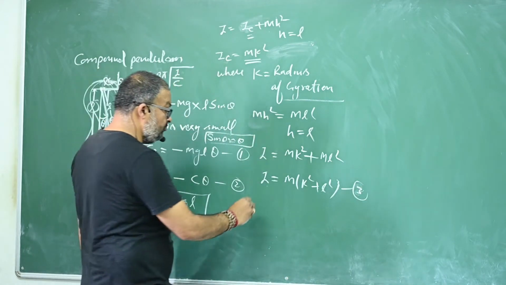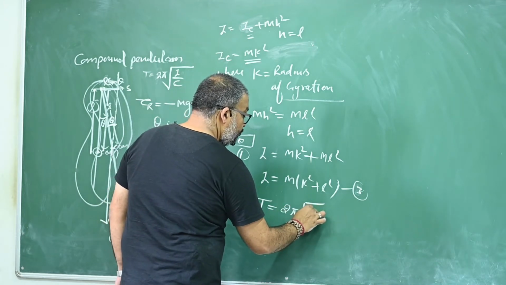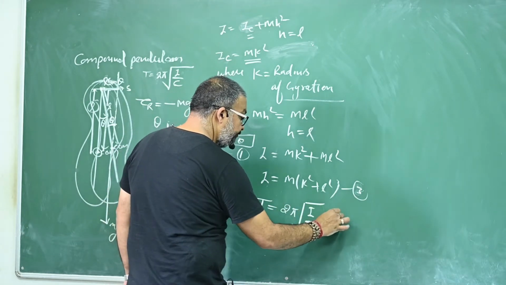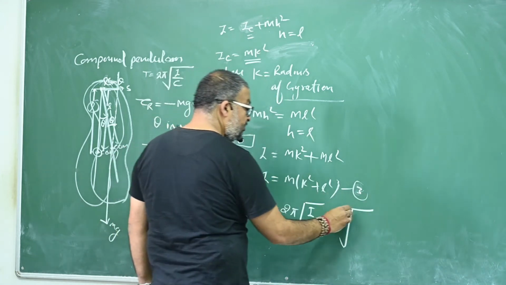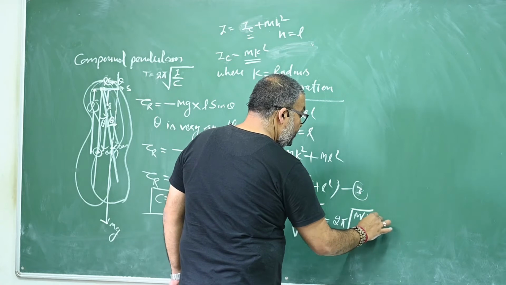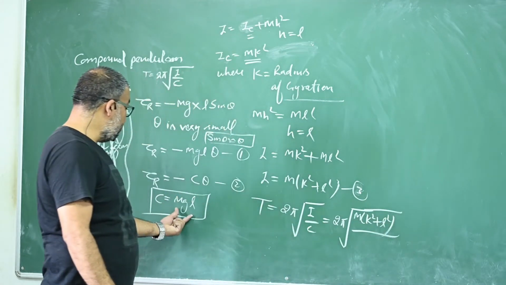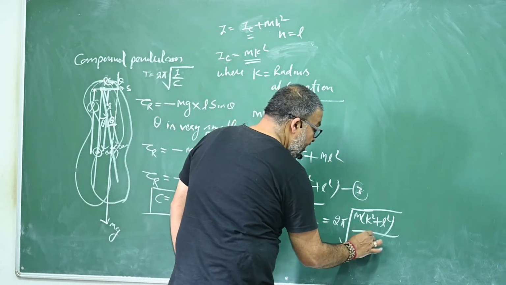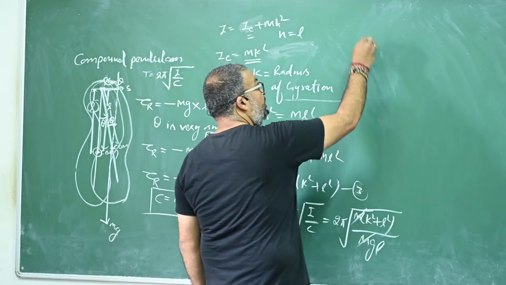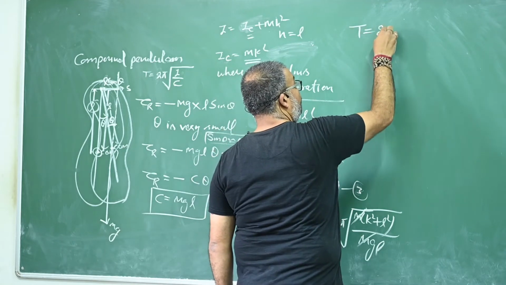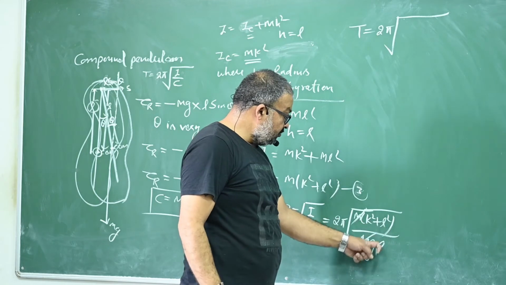So now finally we have to find out time period. Time period is 2 pi square root of I upon c. So it is 2 pi square root of I, where I is m into k square plus L square, upon c. This is c. How much is that? mgL. Cancel. So this time period will become T equals 2 pi square root of